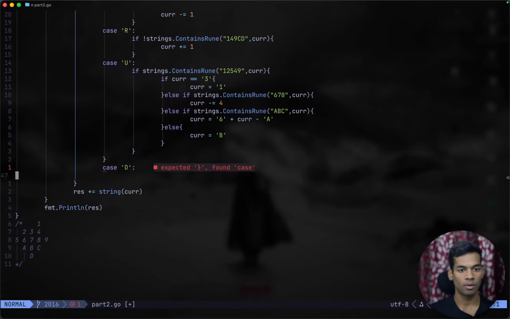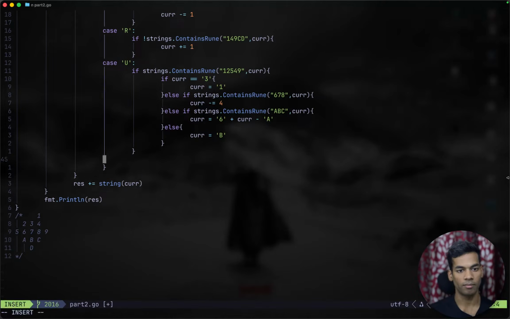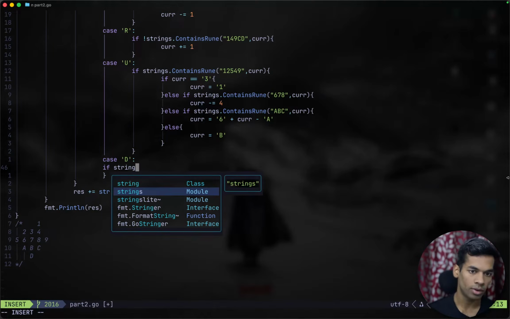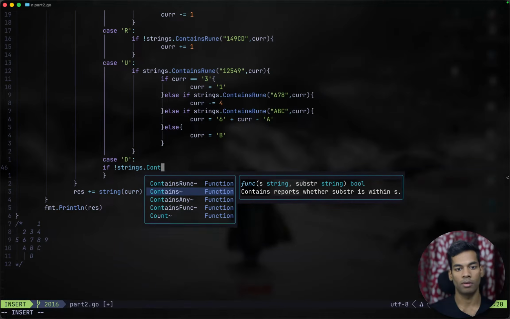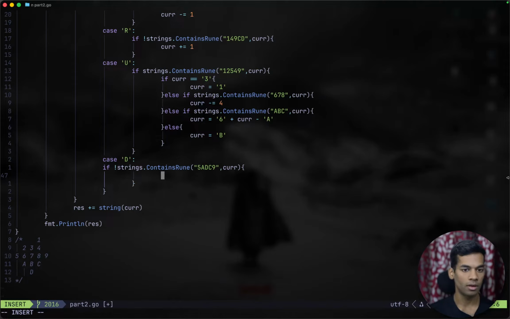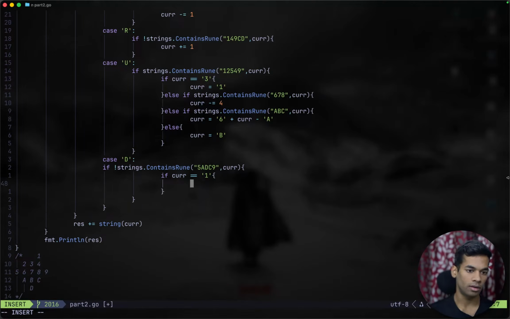Cool. Now we are again outside. Case D. If you want to move down, we cannot go down if strings dot contains rune the values 5, A, D, C, 9. If current is not equal to any of these things, then we will do some magical stuff. And that is, we have to do again the same thing. If cur equals 1 literally, then cur equals 3,